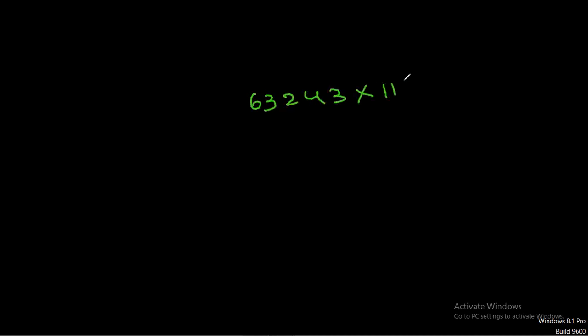Coming to, if you want to multiply with 3 ones, whenever we are doing multiplication with double one, we have added 2 digits at a time, right? So here we are doing with the triple one. How many digits at a time? Three digits at a time. So first you have to write down the first digit as it is, then the addition of first two digits, and addition of first three digits.